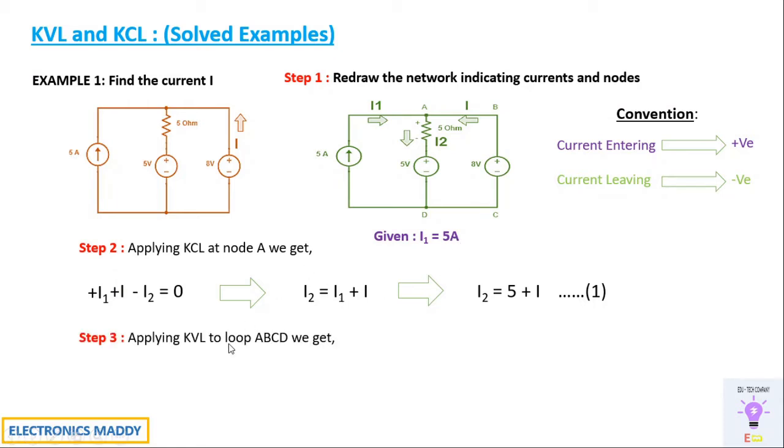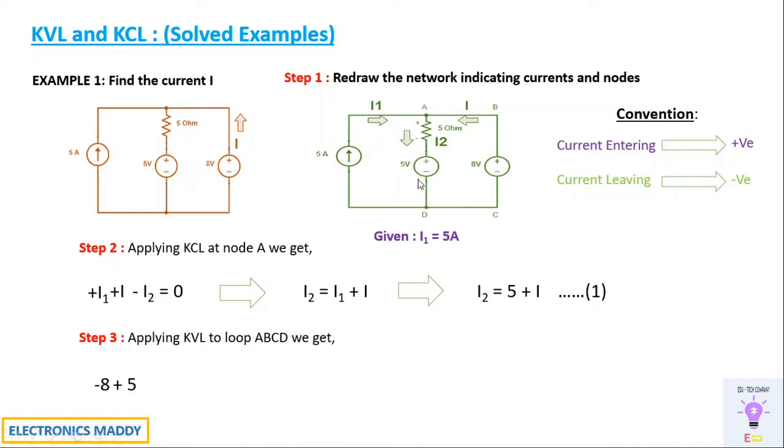So what is our next step? We will be applying KVL to loop A, B, C, D. So how do we go about it? With respect to A, B, C, D, we will be starting off from this point. From A to B, there are no elements or components. From B to C, we have one component. We are assuming the loop in this direction, A, B, C, D, going from positive to negative. So it's going to the negative terminal, which means we have to take minus 8. That is our assumed convention, which was discussed in our previous videos.